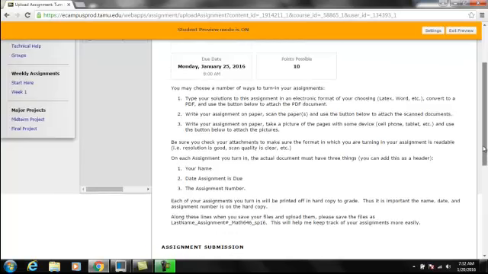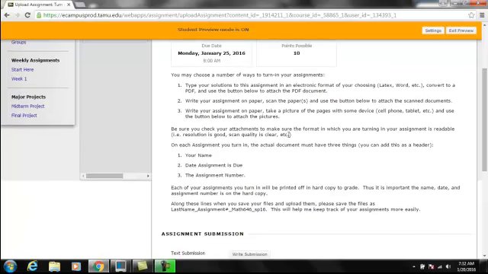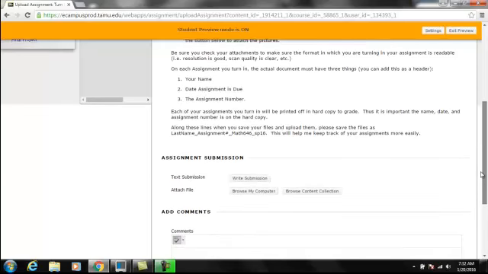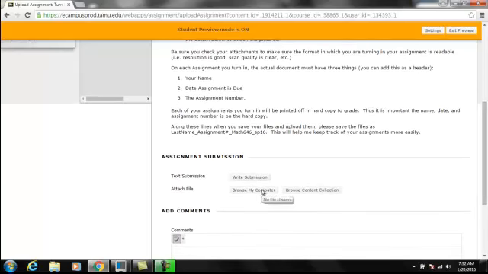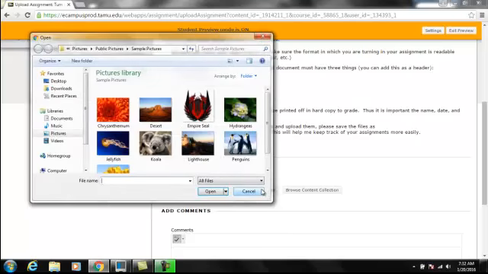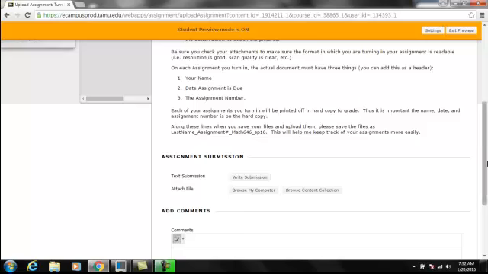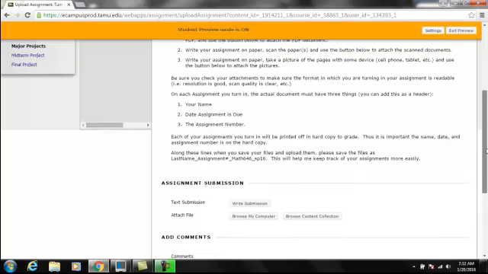every Monday. You can choose 3 ways to turn in your assignments. The first one is to type it up in some sort of electronic format that has a math editor, maybe something like LaTeX or Word, and then convert that to a PDF document. Then you come down here and use the button below. When I say that in that text, I mean the Browse My Computer. You click on Browse My Computer, and then you go find the PDF document you created, and you attach it to this